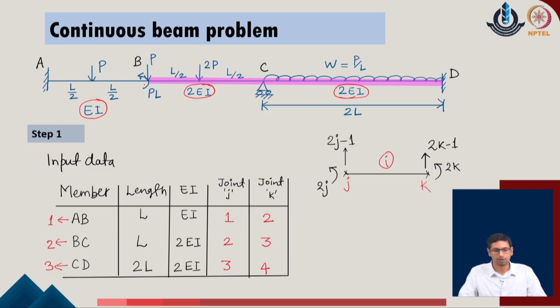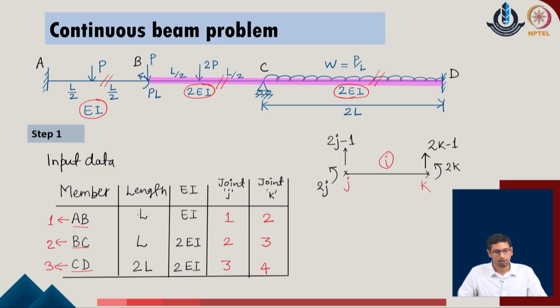At the same time, the other input parameters of the given system are shown. Now, how do we provide these input parameters to the system? We first provide one input data sheet for the members. Let us say we have all the members and their data in the given system. We have member 1 which is AB, member 2 which is BC, and member 3 which is CD. So, these are the 3 members associated with the given problem.